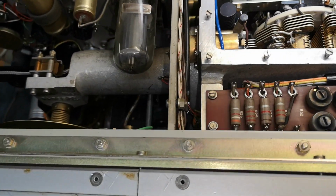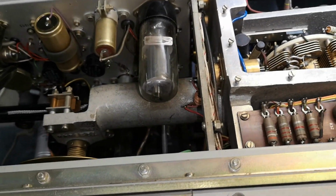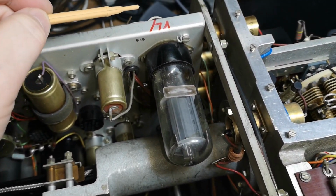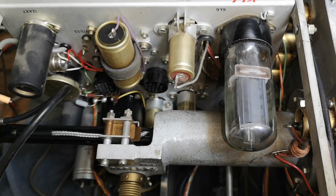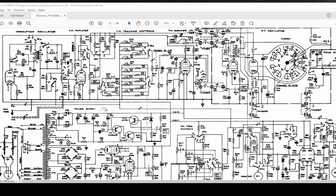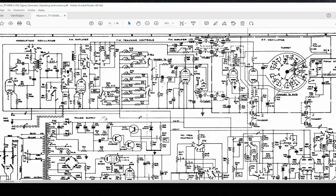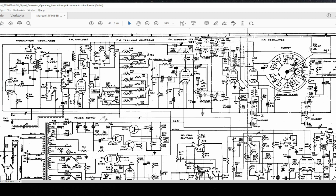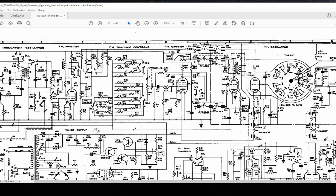What else can I show you about this unit? Yeah, we know that AM modulation is not working, but FM is working. If we look at the schematic, so let's look a little bit at the schematics, shall we? Then we'll come to V4. Let me show you the schematic. This is a pretty good quality schematic, but this is unfortunately the newer model compared to the unit I got. But since this is a much better quality, I would like to show you a few of the details that I just showed. The oscillator part here, as you can see,